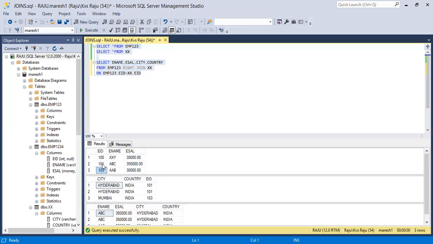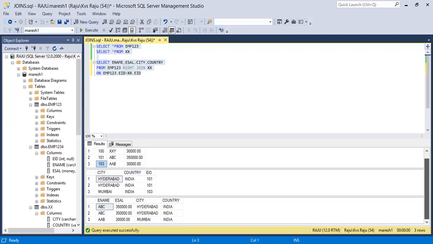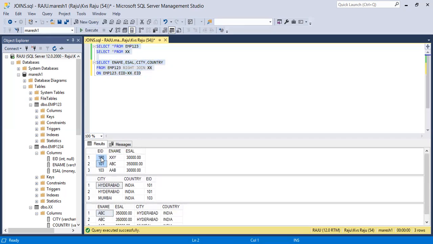What about this 103? 103 is also a matched record, no? That's why it is going to display. On this side, only matched records from the left side table.